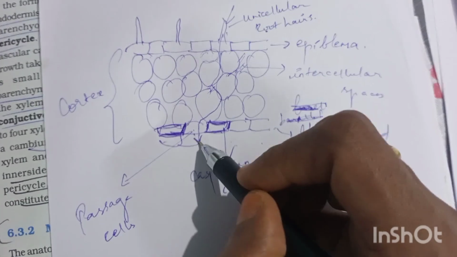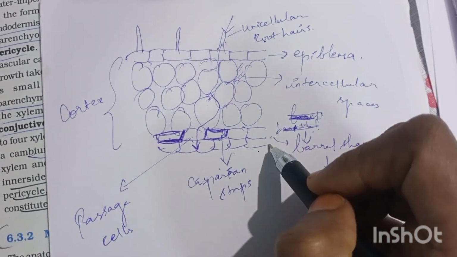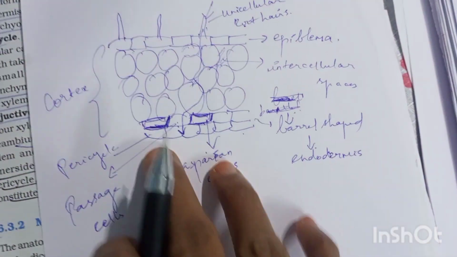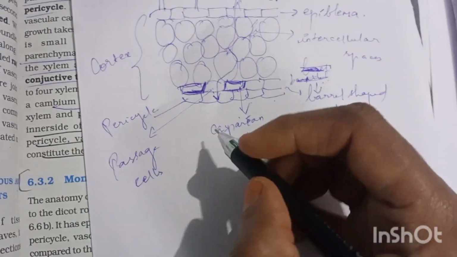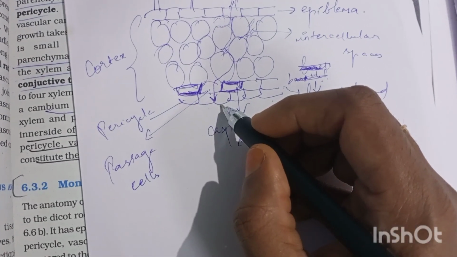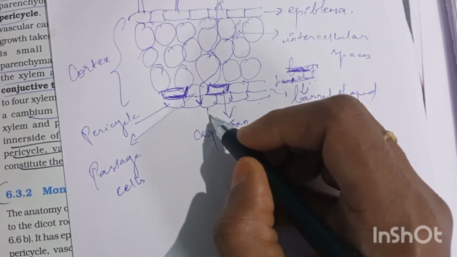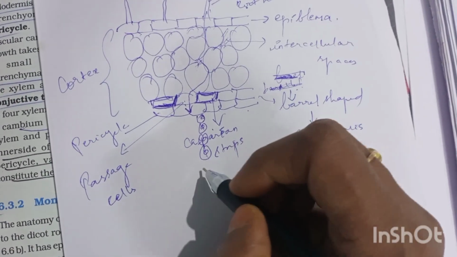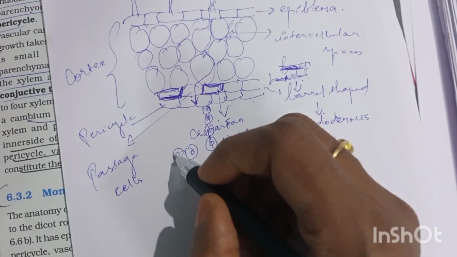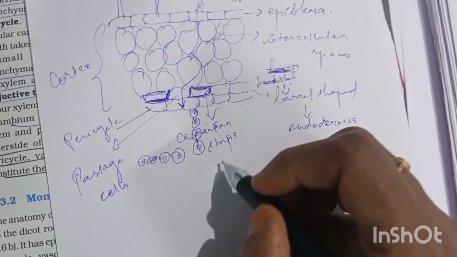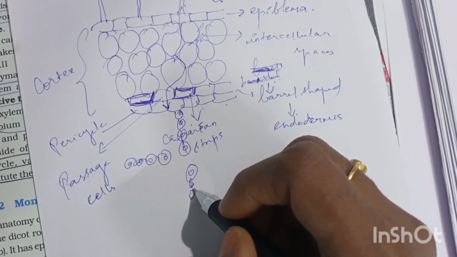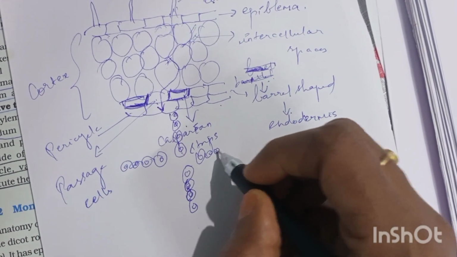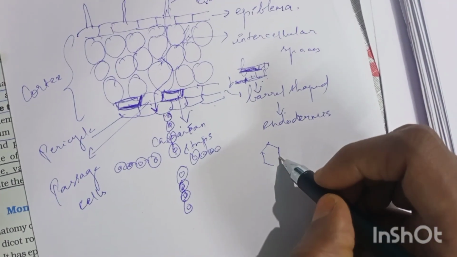Next to the endodermis is a layer of parenchymatous cells, and this layer is known as pericycle. Next to this, xylem and phloem will occur in bundles. The small xylem will be on the top, while in the center it will be a big one, and in the bottom it will be a big one. So it will be arranged as bundles. Actually you have to draw like this,